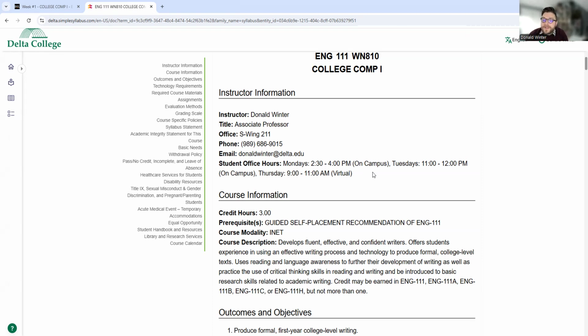My office phone number is listed right there as well. You can leave me a message, but keep in mind I'm only on campus for 3 days during the week. If you leave me something on a Wednesday and it's an emergency, I may not get it till Monday. So emailing me is the best way to go. I have my email synced right up to my phone. And essentially I do respond pretty quickly.